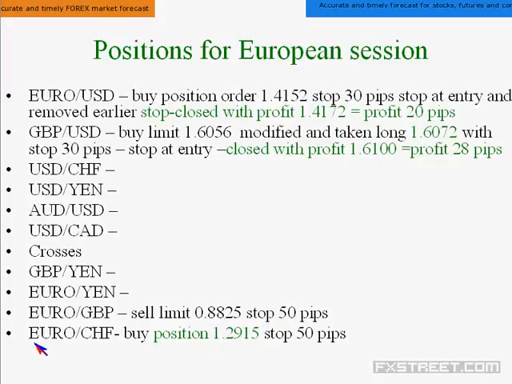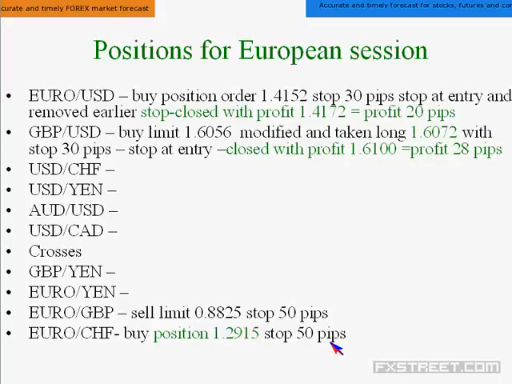And in the case of Euro CHF, I kept a buy limit order because the initial high was 1.2897, and then I kept a buy limit order at 1.2915. Towards the close of the European session, it came down quickly and filled it, and I kept a 50 pips stop below that because I explained that I will